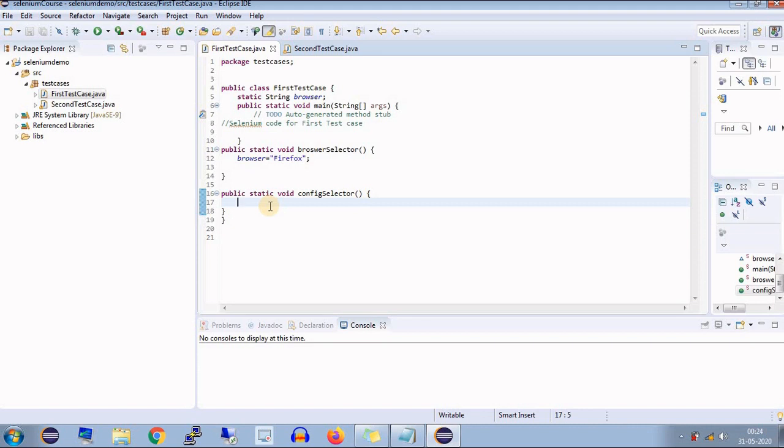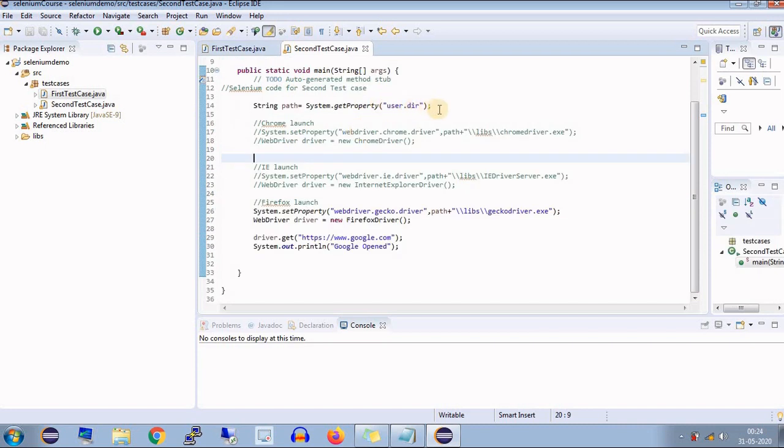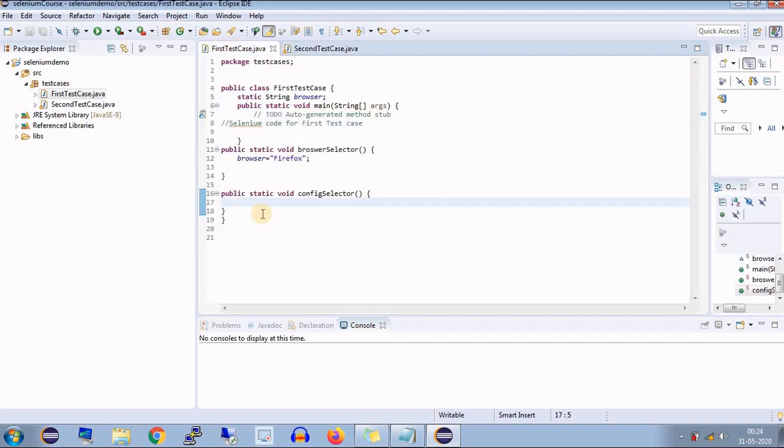So for example, if the browser value is Firefox, then I need to first of all provide the path for the user directory. So let me copy it from our existing code. So here it is. Then if the value of browser string is Firefox, so let me compare it.